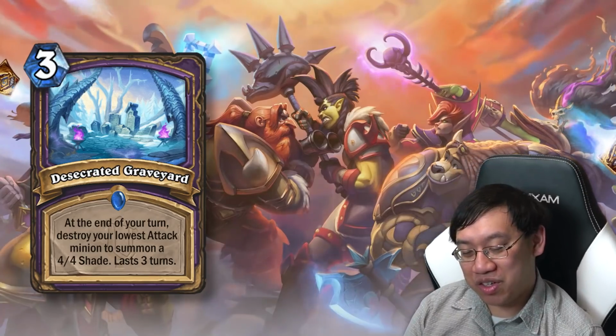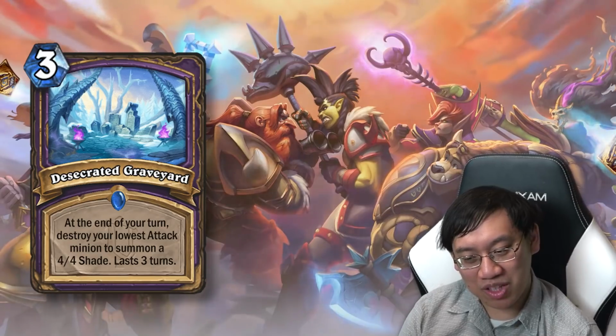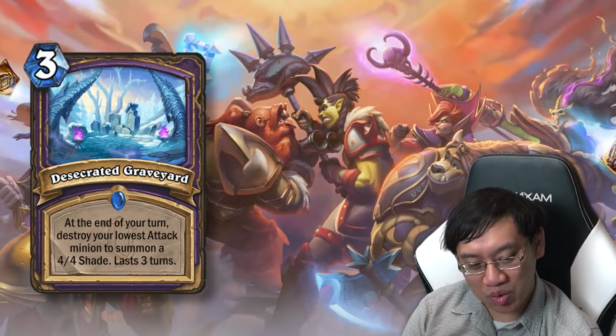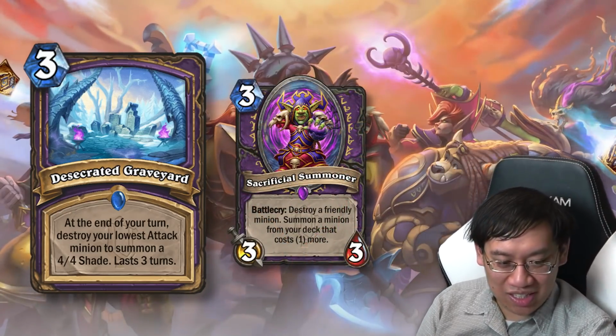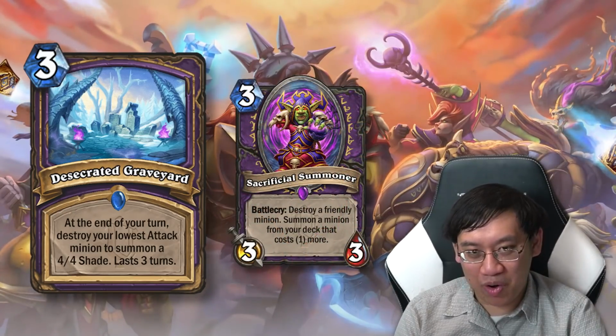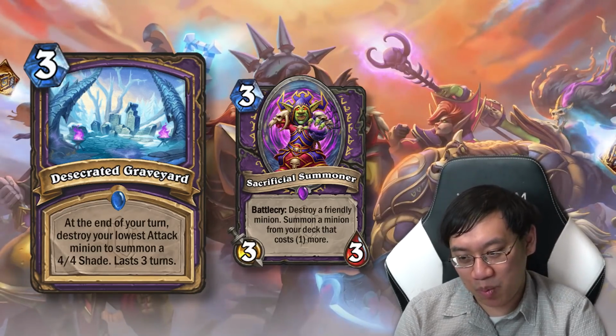However, I think that there doesn't currently exist a deck that has that many Deathrattles in it, or that many things you want to trade into 4/4 Shades. You should just break your eggs with Sacrificial Summoner, which is also in this set. I think what's missing is better low-cost minions, you know, that you would actually want a Sacrificial Summoner or Desecrated